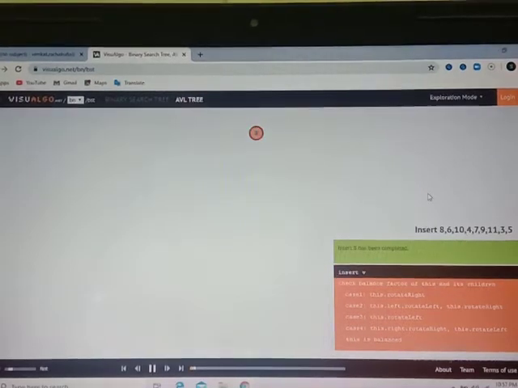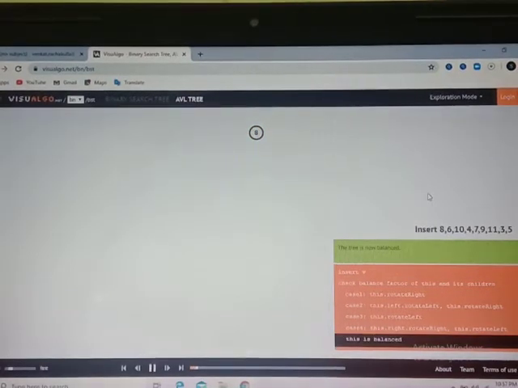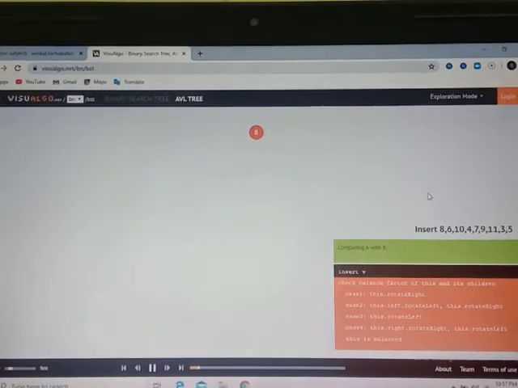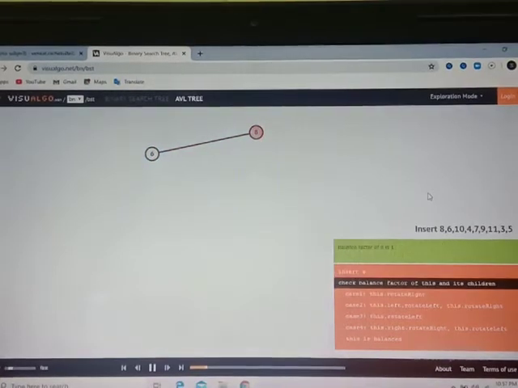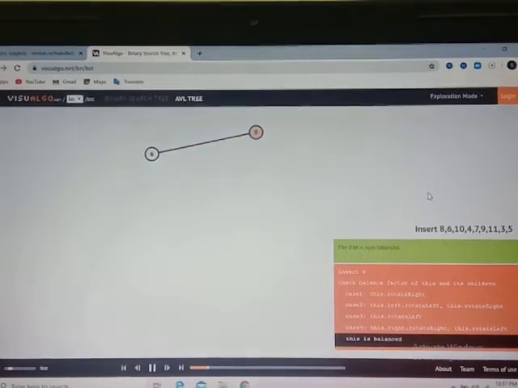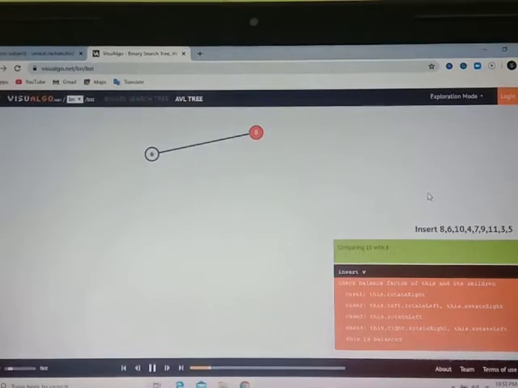So the first element to be inserted here is 8. After that, the next element in the sequence is 6. It is lesser than the root node, so it will go to the left subtree. And the next element in the sequence is 10. It will go to the right subtree and be added as a right child